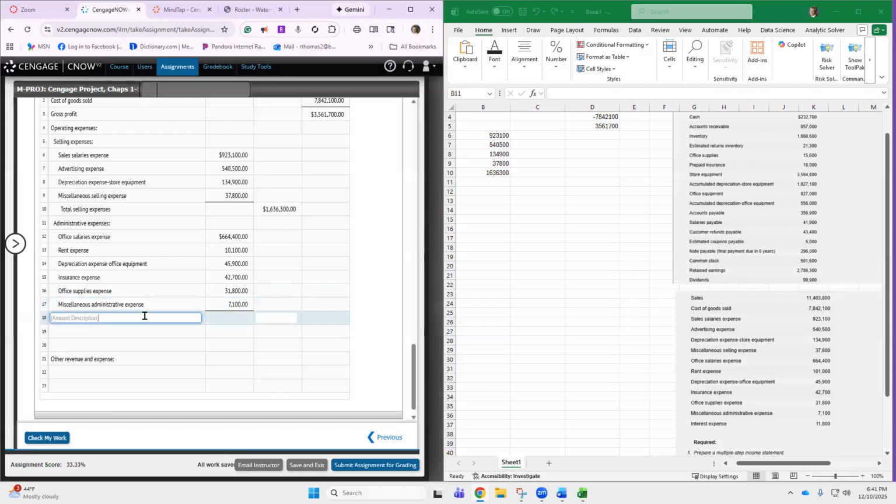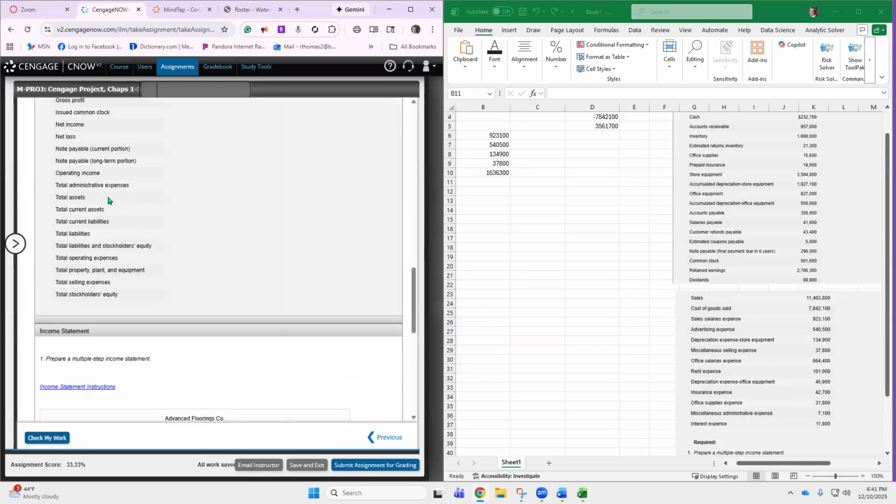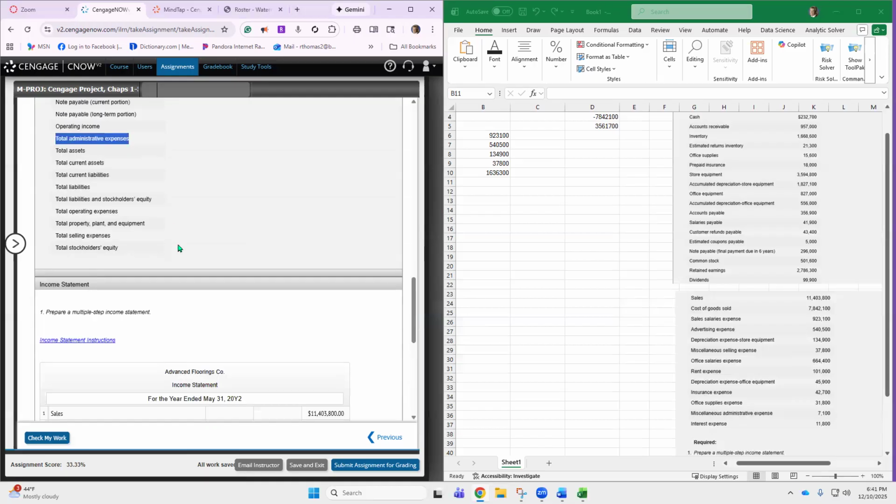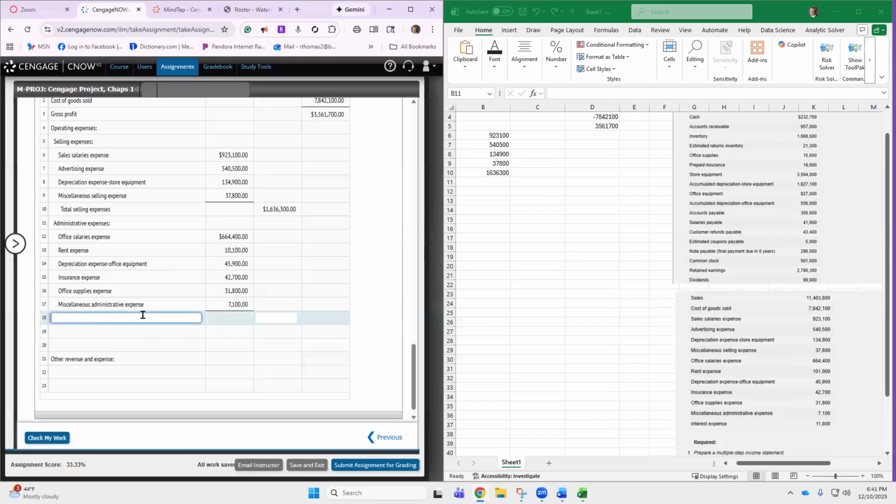Now we're going to have a total, so we've got to get total admin expenses, and then add that up. I think you're probably catching on, but I'm still going to do a little more. I'll go as long as I can, and if I can do it all as an example, then